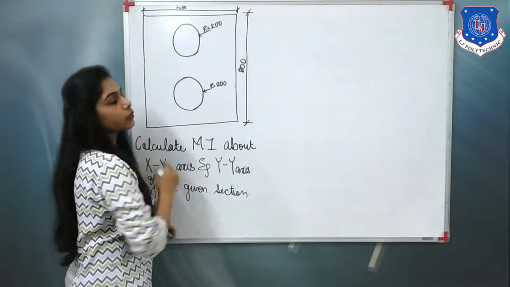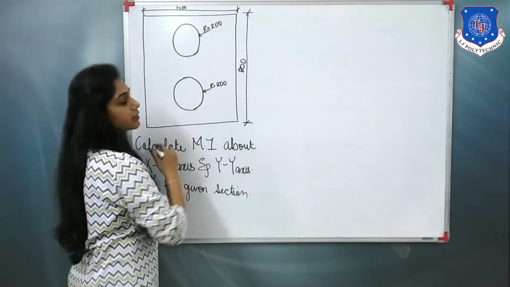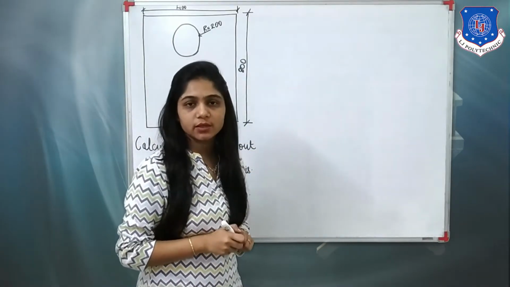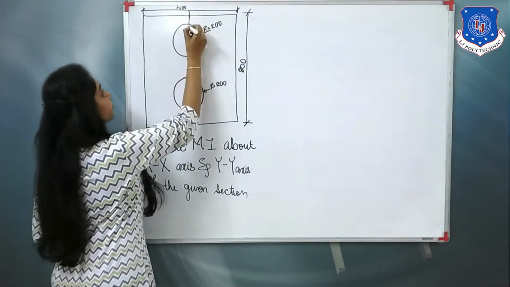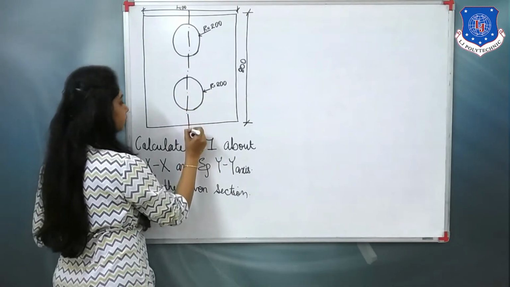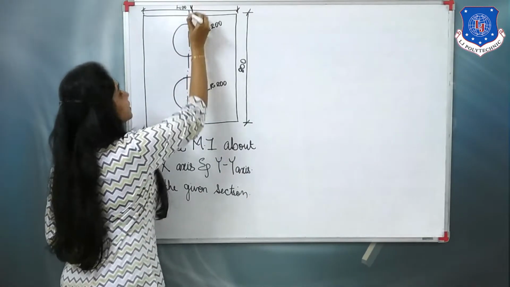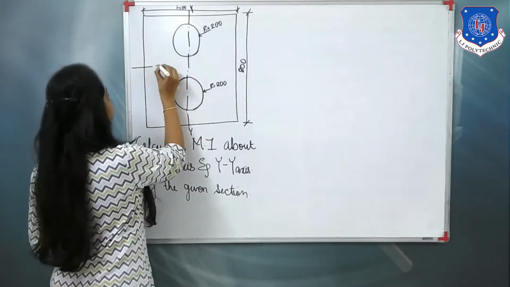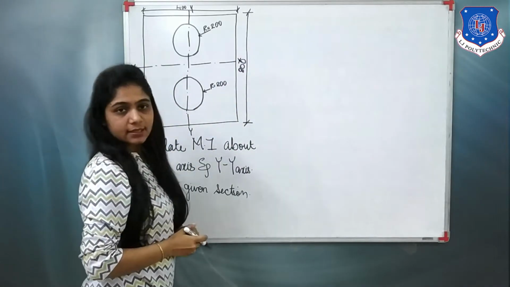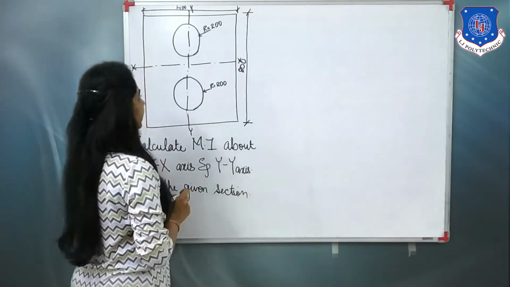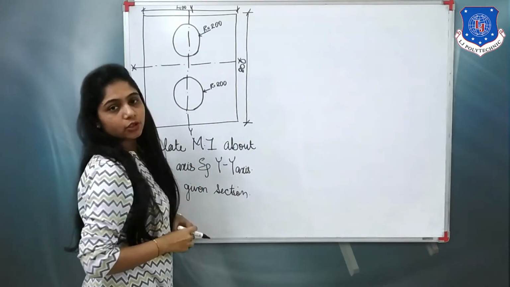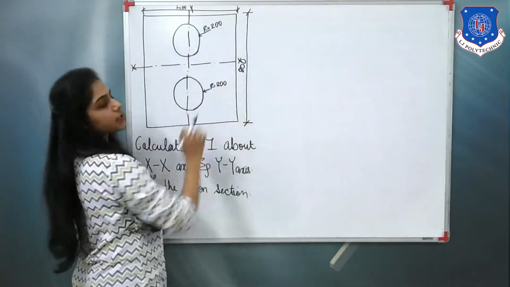In this section, I would like to explain that this rectangle is our rectangular section and the circles represent that the section is hollow with two circular sections. Now, the first step will be to divide it vertically by y axis, and horizontally by x axis. As per the dimensions, it is a 400 by 800 rectangular section and the circle has a diameter of 200 mm. So our unit for this sum will be mm.